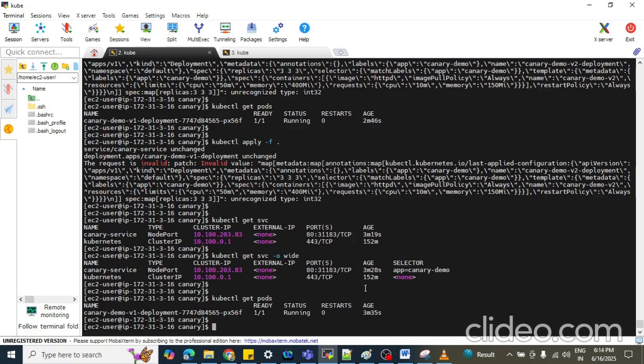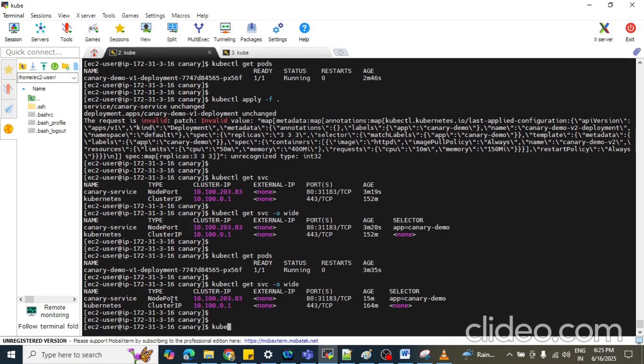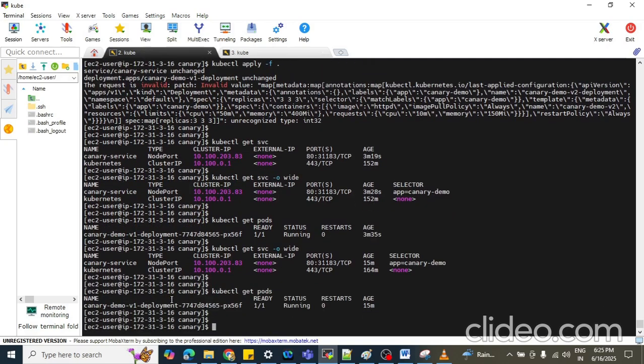Okay, so ideally it should be running. One minute, let me check the status again. kubectl get svc -o wide, kubectl get pods. Okay, one pod is still pending.